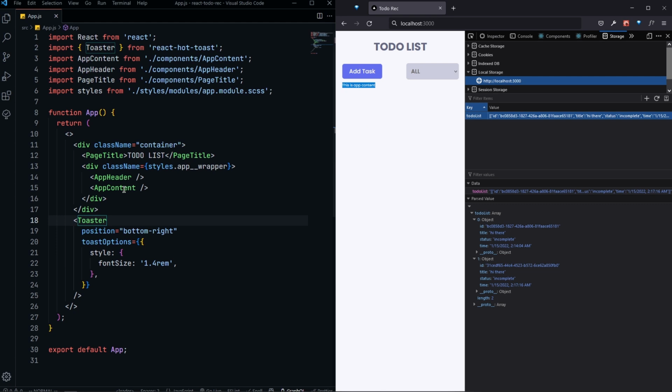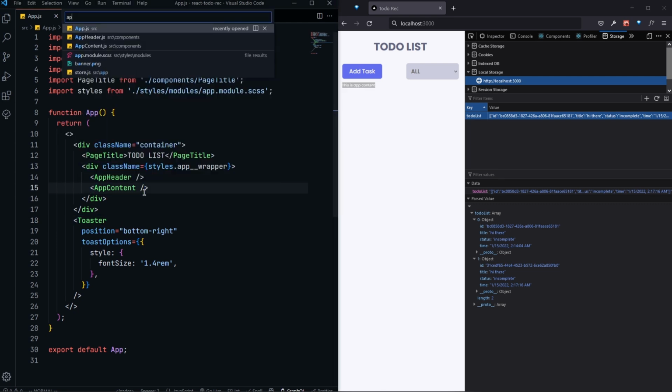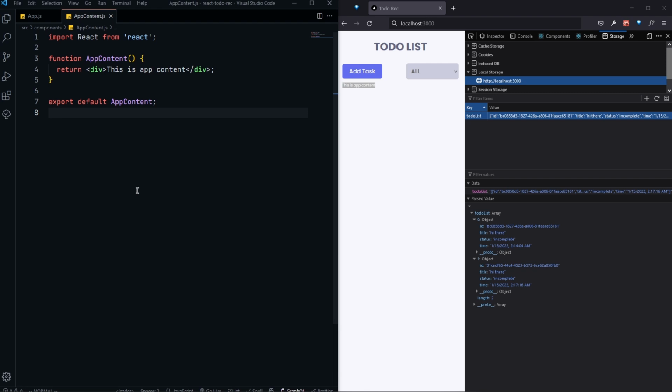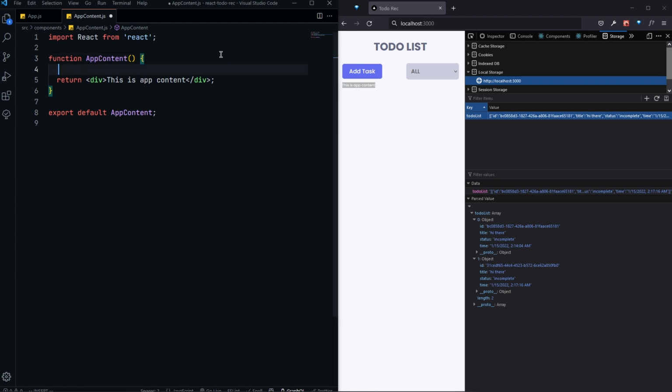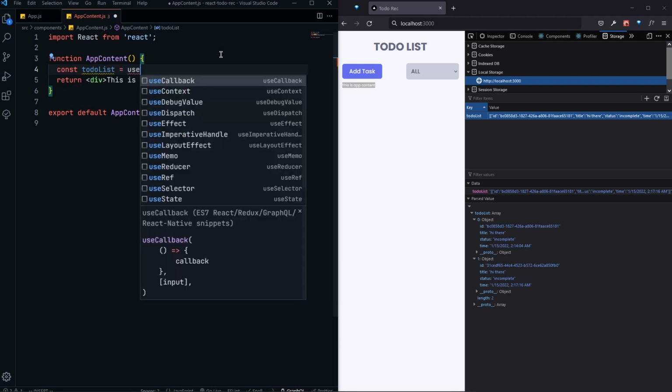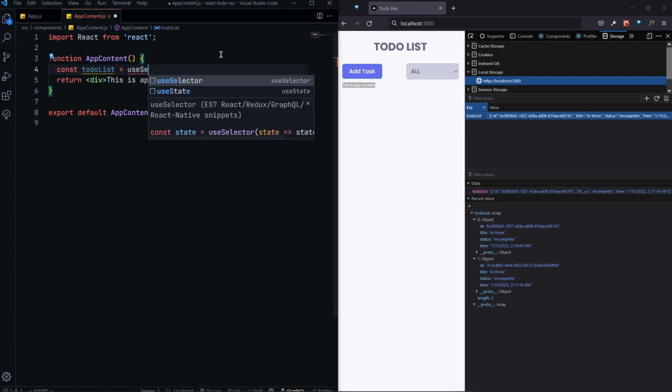So in our app content, so let's go to our app content. Here we will actually show all of the to-do list here. So first of all, we need to get those to-do list. So we will actually get those to-do list from Redux. So let's actually do that. So for that, const todoList equals to, so we will use a selector, useSelector hook, which is